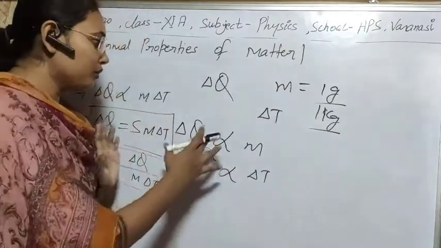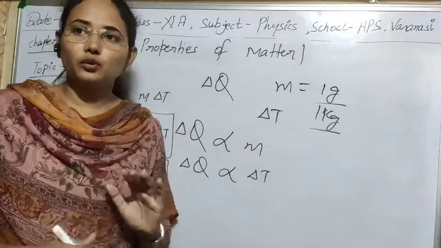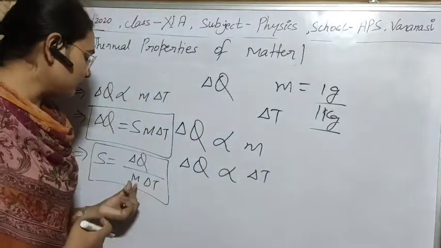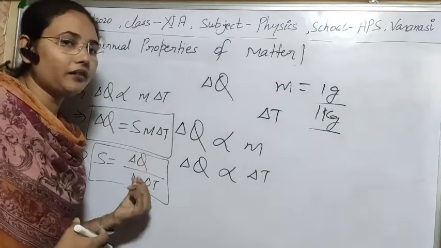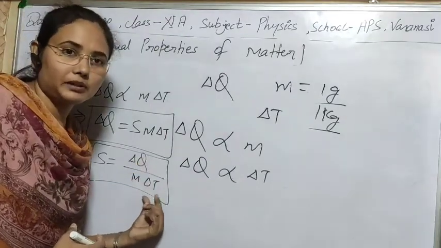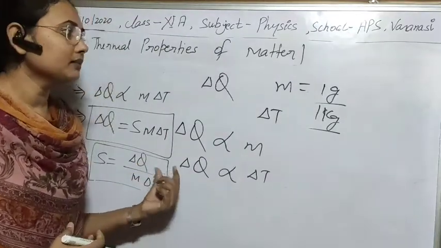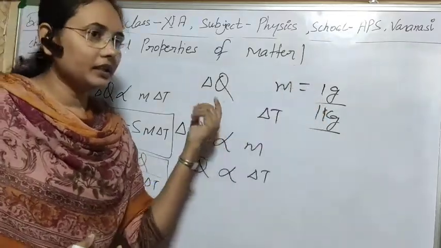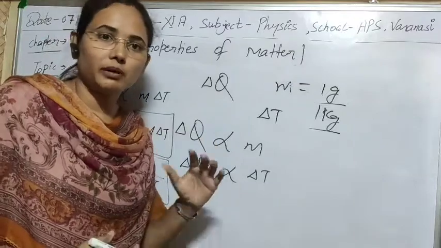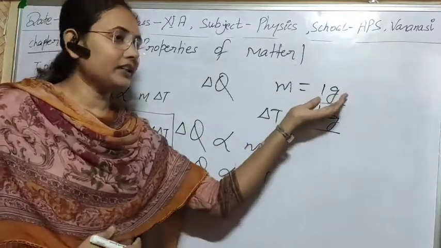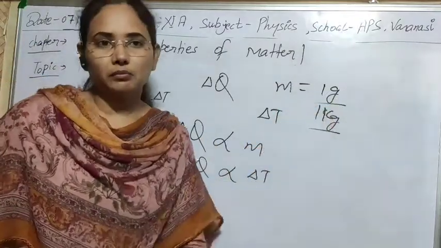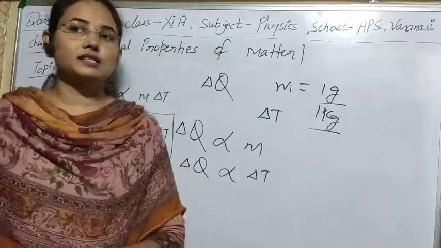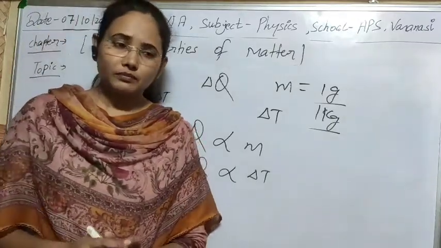So I think in both cases it's now clear to you what heat capacity is. For any amount of mass m, it is the heat required to change its temperature by 1 degree Celsius, but for specific heat capacity, it is the heat required to change the temperature by 1 degree Celsius of 1 gram or 1 kg mass of the substance. So I think both definitions are now clear to you.